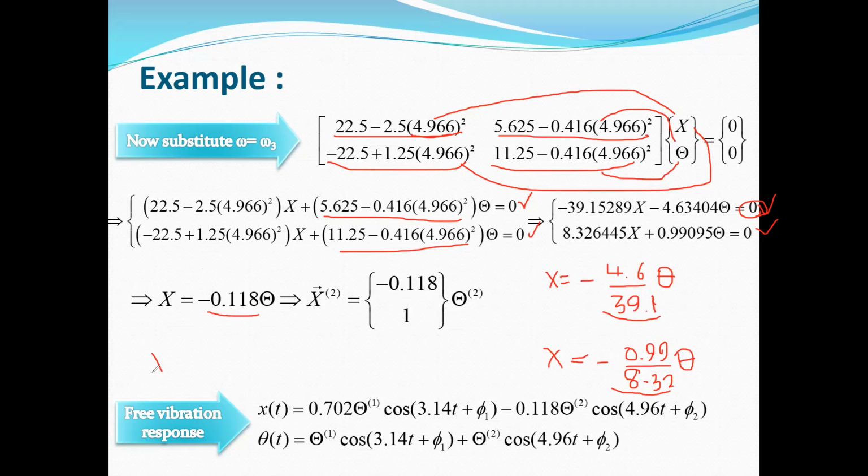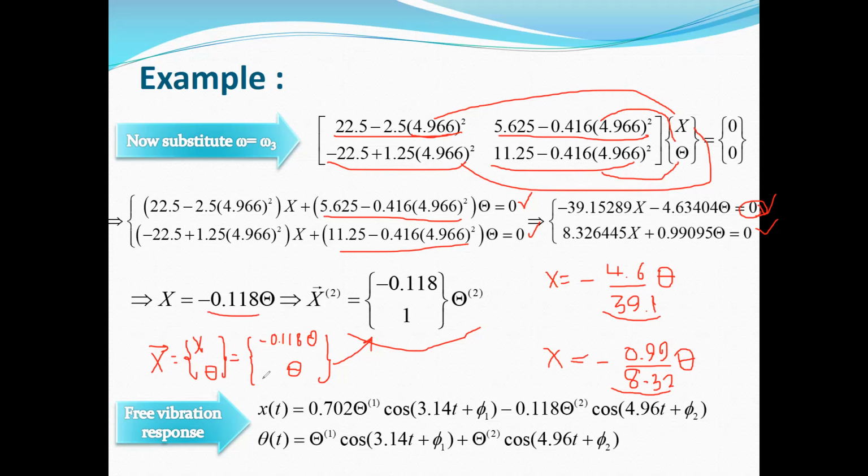So in the second mode shape, which is equal to the vector of the amplitudes x and theta, instead of x, I substitute minus 0.118 times theta, and also the second component, which is theta. If you factor the theta out, the second mode shape is equal to this term. So we have two mode shapes, and now we can write the